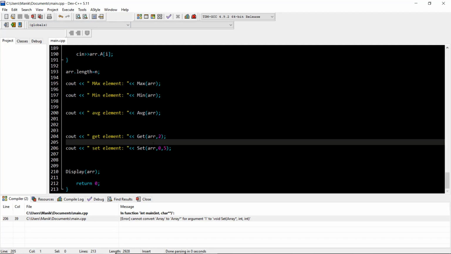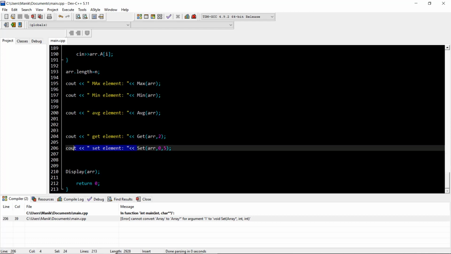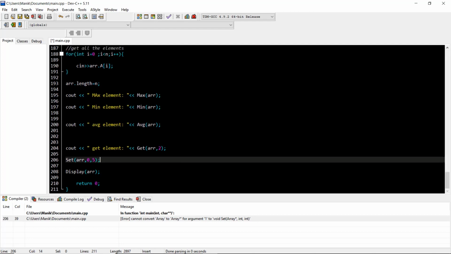Okay, and in this, it's a void type. Okay, so it's a void type, we just cannot display it, we just run it. Okay, we just run the display method. And what it does, arr, so we have to pass it with an ampersand.